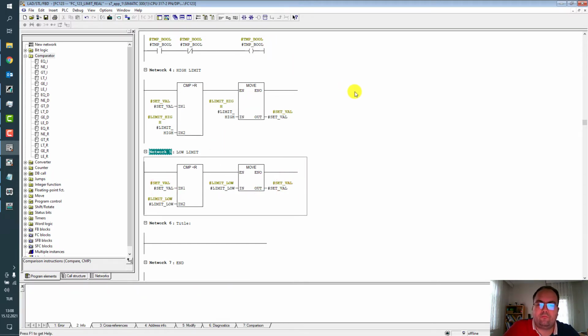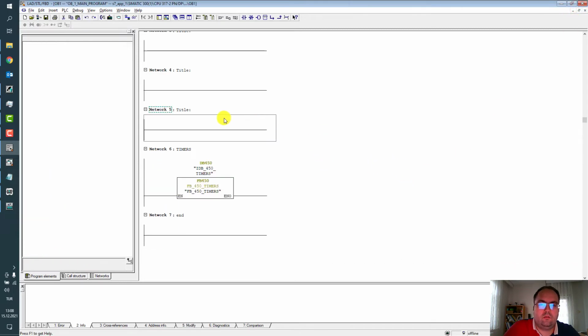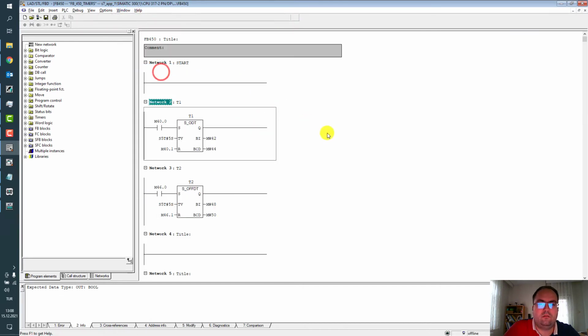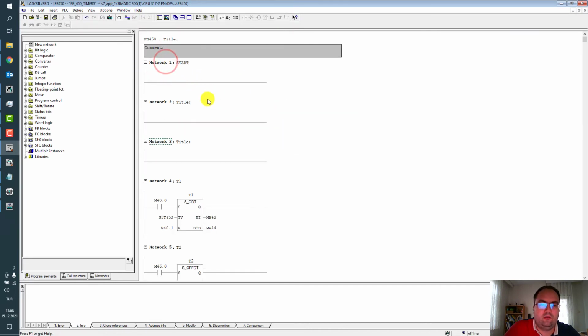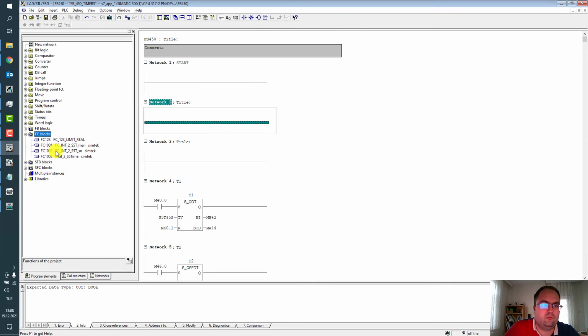Okay. And we will call this function under our function block for limitation. Don't forget to download the function before you use it.